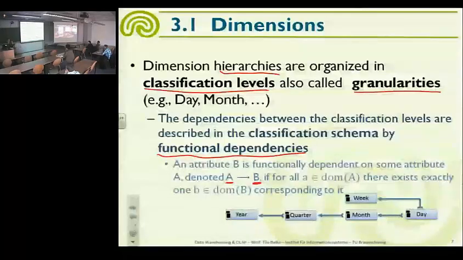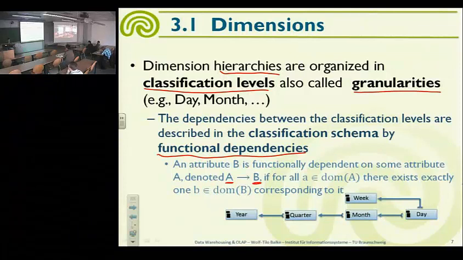Yeah. So if you have the date, you can find out the day from it. So you have a key value that is detrimental to the value of the non-key value. The functional dependency is typically denoted like this, and this means B is a function of A, meaning that if I know the values of A, if I know the date, if I know the zip code, then